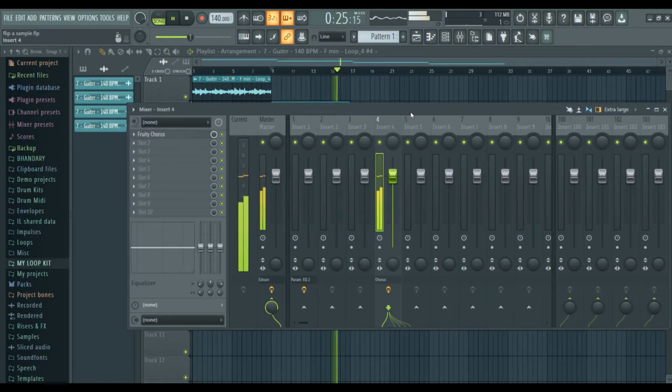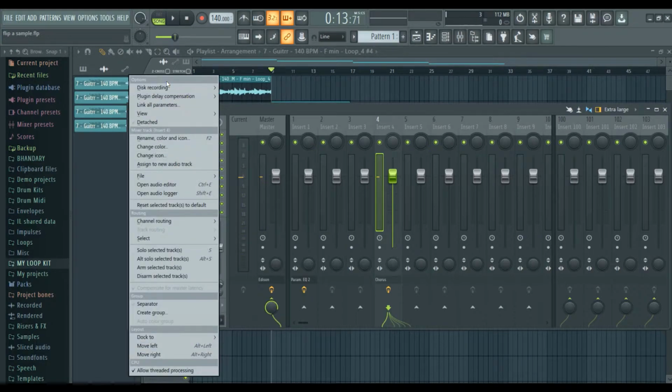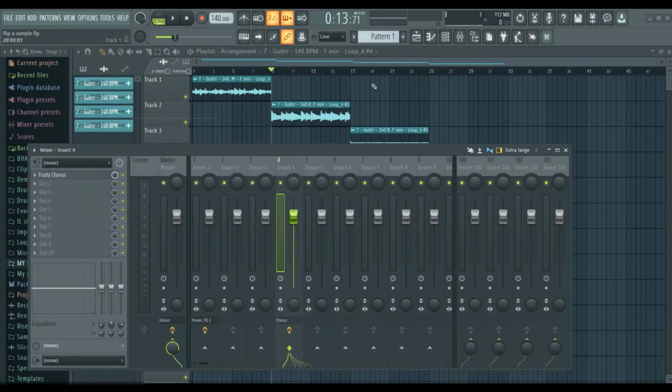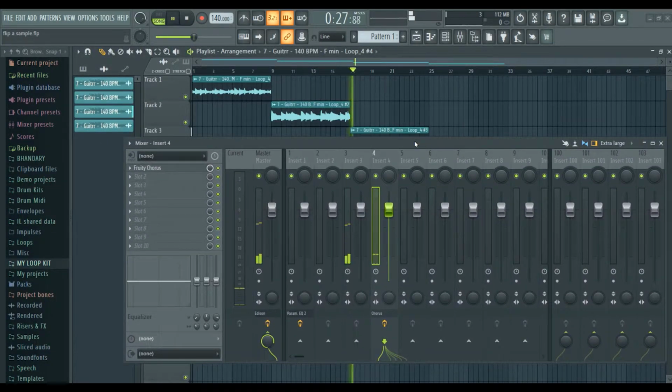I'll add a chorus to that. Let me do one thing. I'll click on this icon and select detach, so whenever I click anywhere else, this won't disappear.